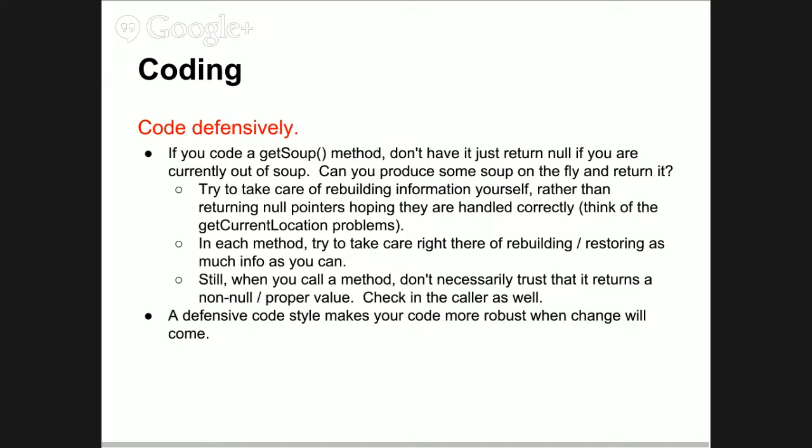Okay? And if I want you to discover that there is no soup, that it needs to be created upon the next call, I would give you another method that says, is there any soup? But so that if by mistake you forget checking, your app doesn't crash. Maybe you get a suboptimal behavior, maybe something is not perfect, but it doesn't crash, okay?